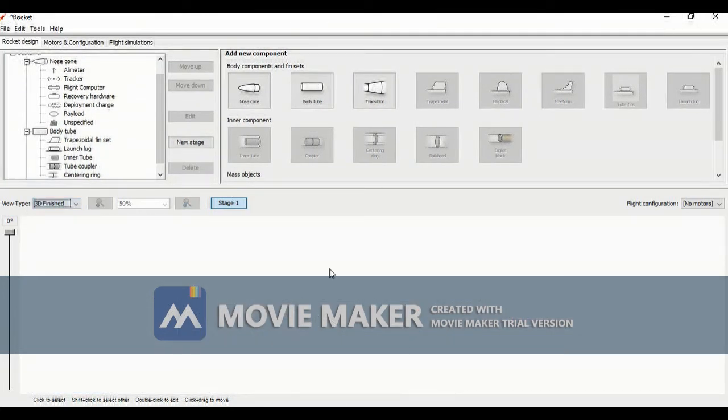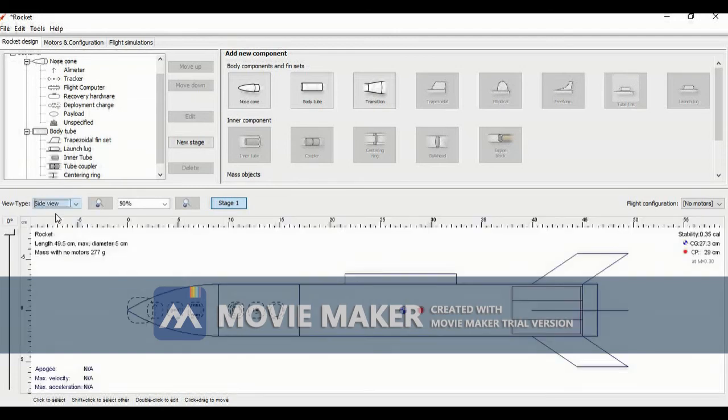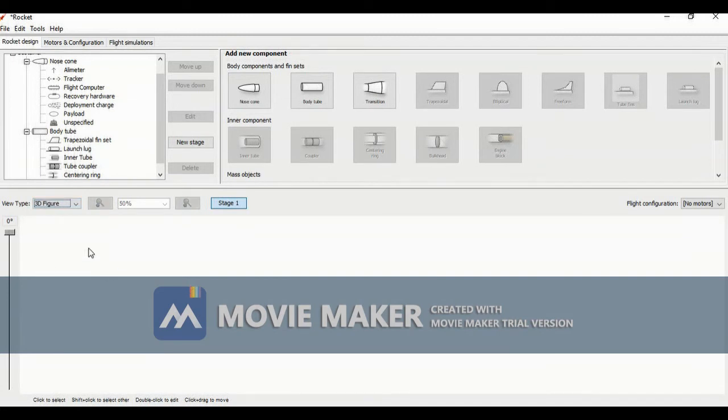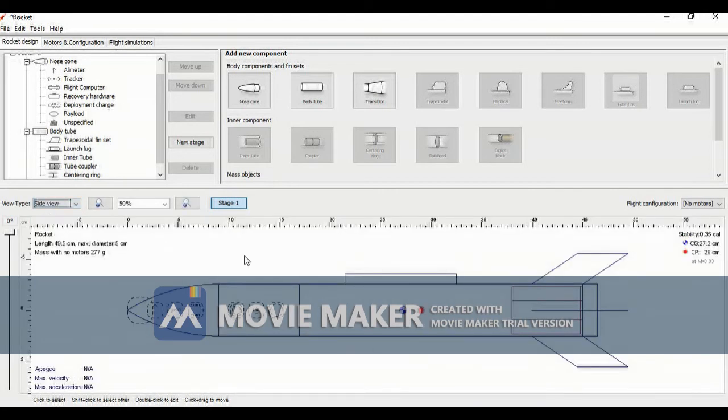Also when you go to the 3D finished view, if you go in here, it will show you how your rocket will look after the results. Here is how the inner parts will be, and in the 3D figure it will show in blue and green, and the color you choose here, like this is blue. So when I go to 3D view, all the rocket will be blue, and it will be in a 3D shape. It looks very good. So if your laptop can do this, please do this. It looks gorgeous. So now we have put in the coupler and central ring.